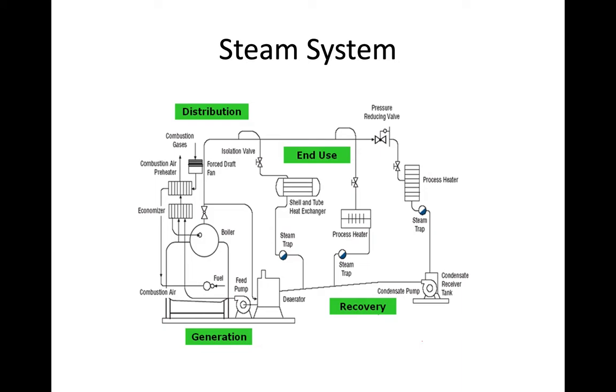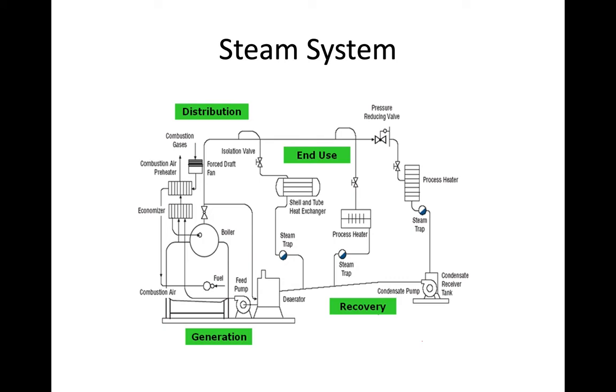So in this case, when we cannot recover 100% of the steam, we have to add raw water to the boiler feed water. So we need to treat it first, in the water treatment,